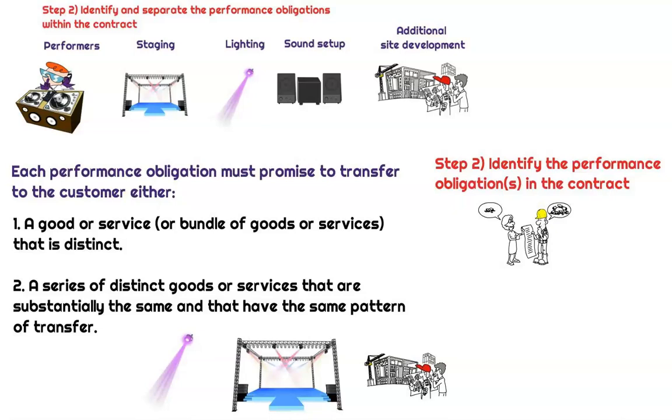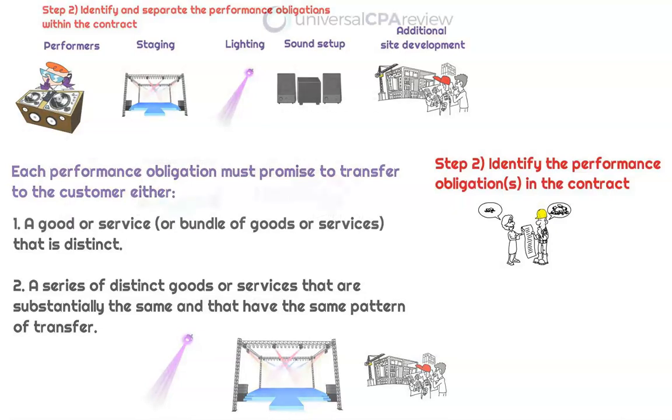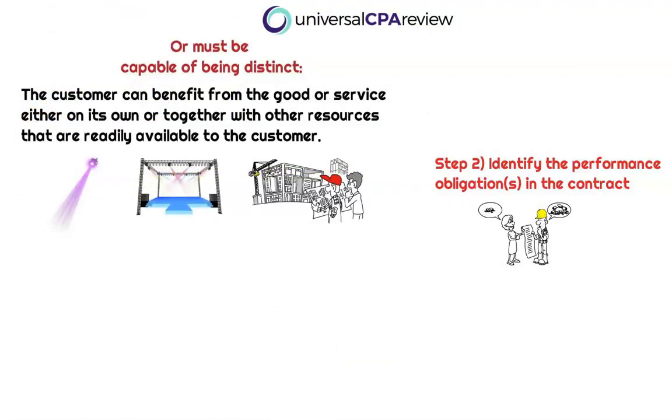Right, so if we're thinking about staging versus lighting versus site development, these are all very distinct from one another. Therefore, they're going to be provided and will likely be invoiced separately. So they're going to meet the criteria of being distinct goods or services. Okay, so if the good or service is not considered distinct, then we must ask ourselves, is this capable of